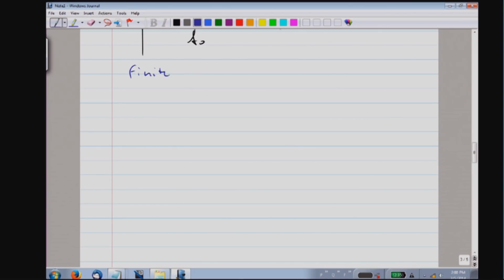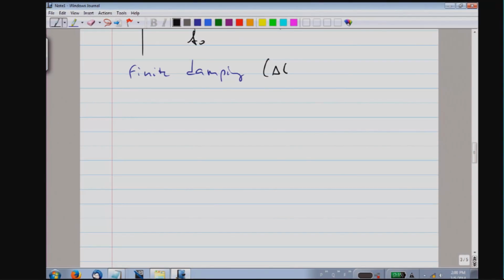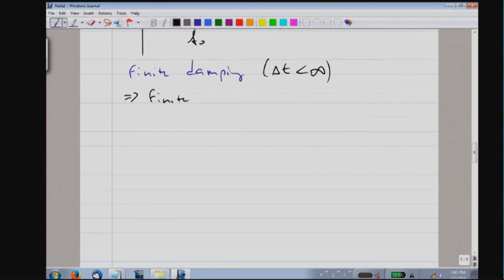The first thing we want to add to the phenomenon that there is a resonance at a certain frequency is finite damping. That would mean that after the system is driven, the oscillation does not last for an infinite amount of time. And that implies that when we drive the system and look at the response as a function of frequency, there is a finite width delta f for the driven system.